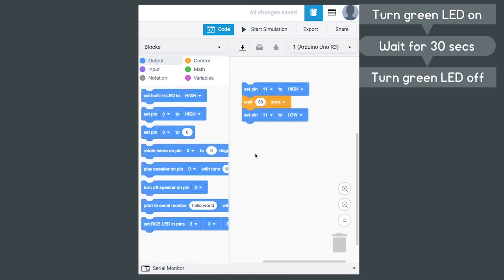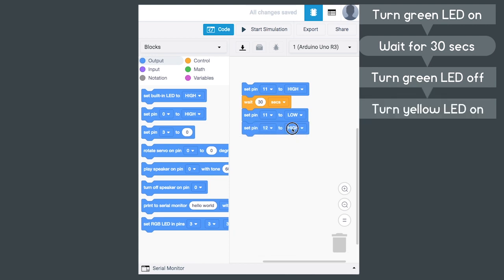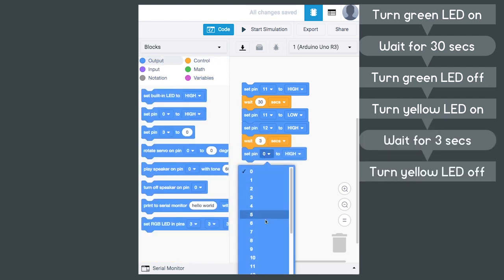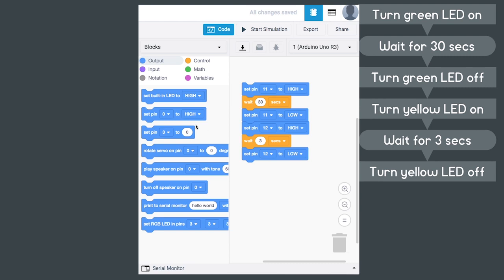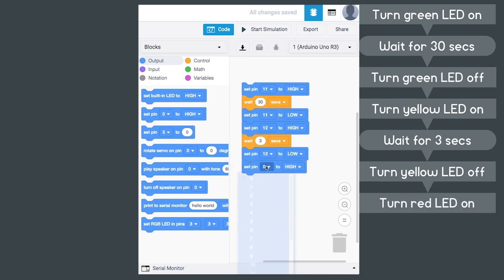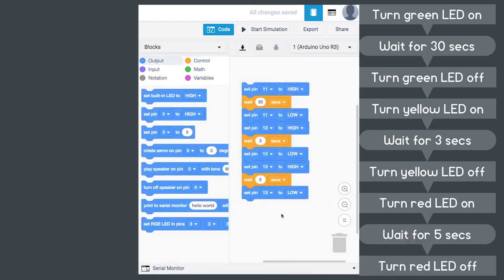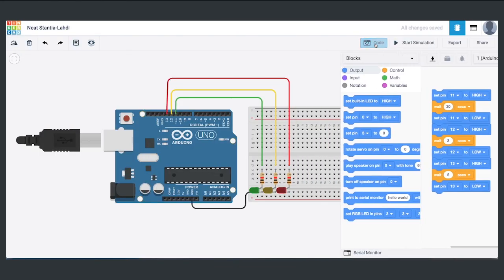light off. Afterwards, we set pin 12, which is connected to the yellow light, to high. Set it to wait for 3 seconds and set pin 12 back to low. Finally, we set pin 13, which is connected to the red light, to high. Set it to wait for 5 seconds and set pin 13 back to low. Then you can run the simulation,